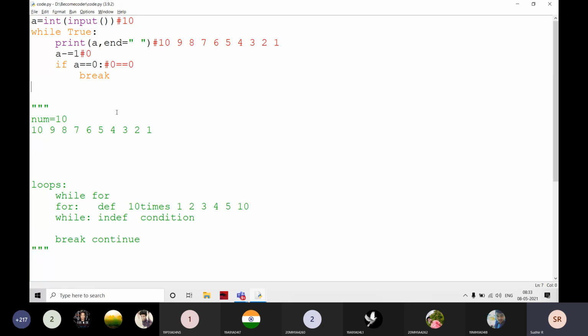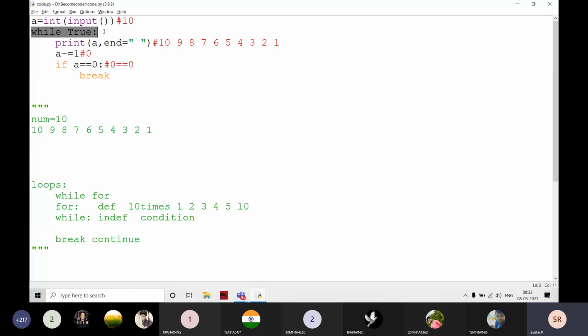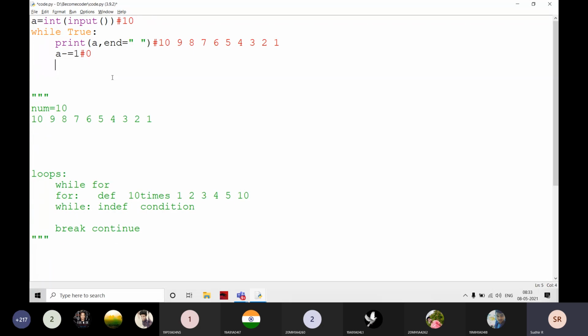And the next one, when you are writing any infinite loop, while True. Okay, while True means that is going to be an infinite loop, no doubt about that. When you are writing an infinite loop, we have to break the loop using the break statement only. Definitely, it is mandatory. You have to break the loop using the break statement when you are taking the infinite loop.